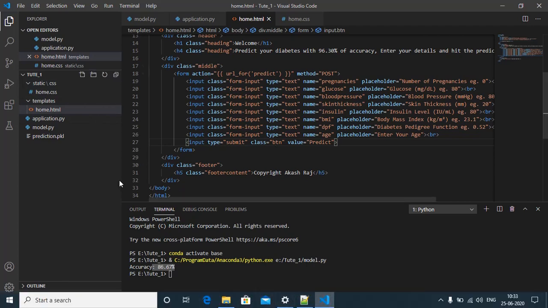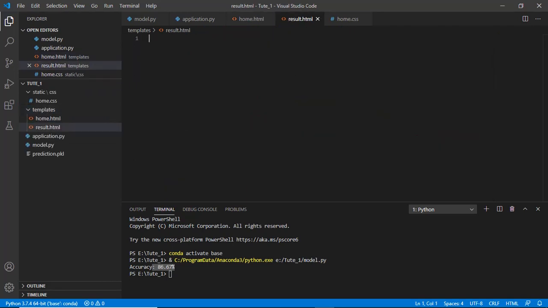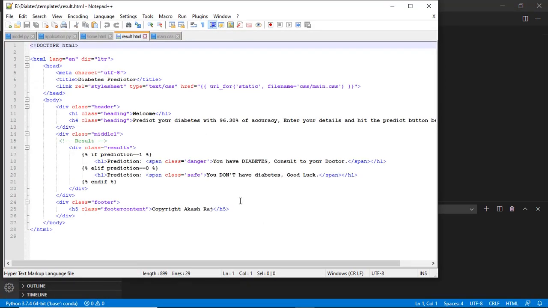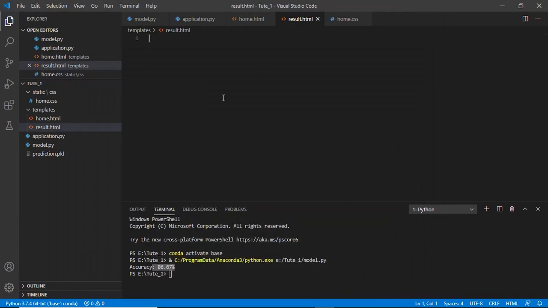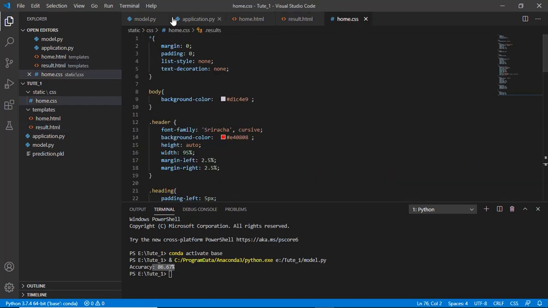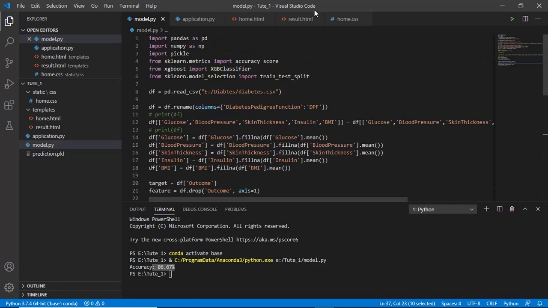So I'm now going to create one more page inside the template folder, and that page is also an HTML page. This will show a result. So yeah, this one is the result page. I am going to copy my old HTML code here. Guys, I'm not going to show you how to write all this code, how I write the CSS, or how I create my model, but I will show you how we can implement our project in Heroku. So this is our result.html.